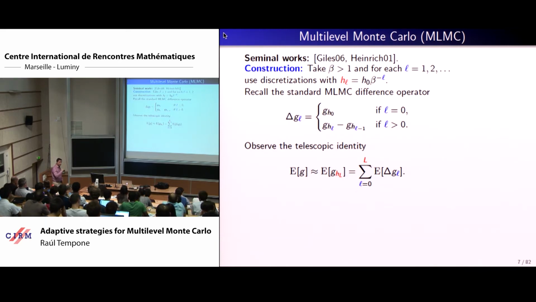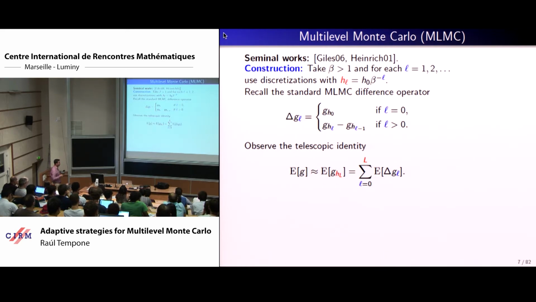If you're not happy, subdivide by 2 again, by 2, and so forth. That creates this HL based on H0 divided by beta to the minus L, with beta equals 2. Is that clear? Okay, so now that these deltas have been defined, one rewrites. Remember, this was the guy that we were trying to use as an approximation to this one, so that the bias between these two was less than tau.